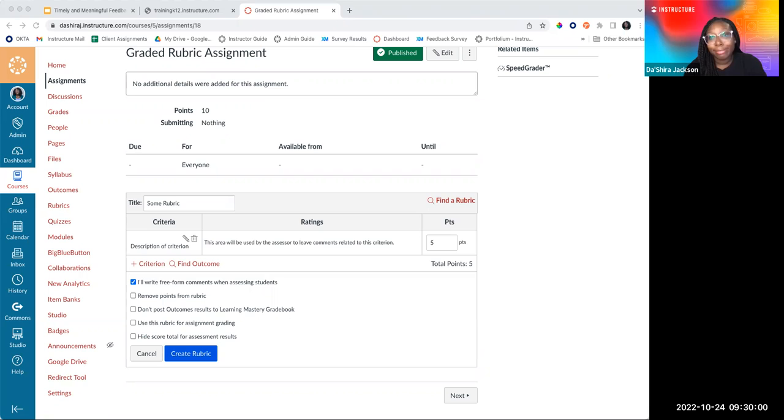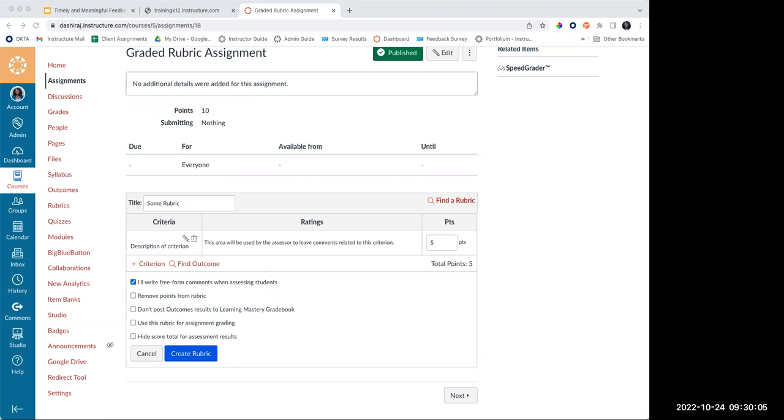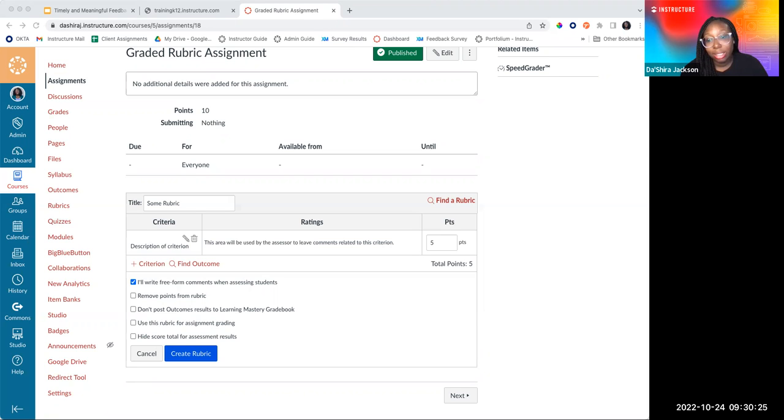Beachboard has, I think they call it, analytic, where you have specific points for specific criteria, and holistic is where you just give them an A, B, or C if they meet a list of criteria. I was just wondering if Canvas had that too. We do not. Okay.